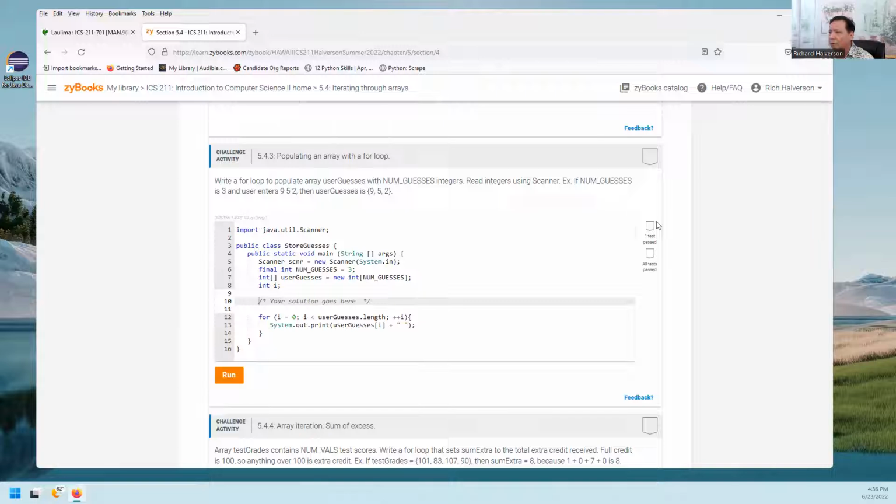Populating an array with a for loop. All right. We create an instance of a scanner. We define a constant here. We define an array of integers that is num guesses big, so it's got 3 elements, an integer, and then we have a solution here, and then we print it out. Write a loop to populate this. Read integers using